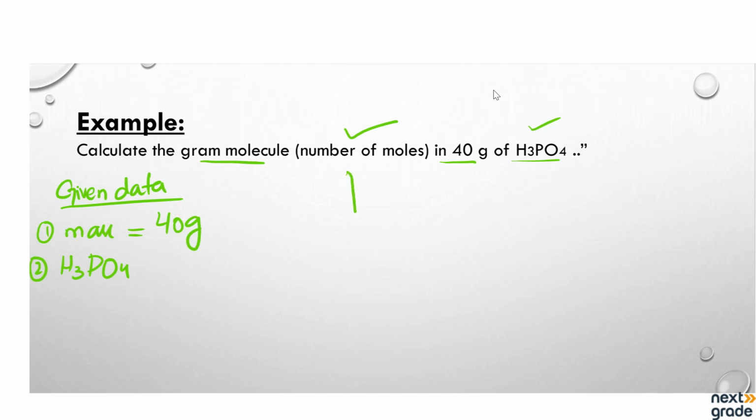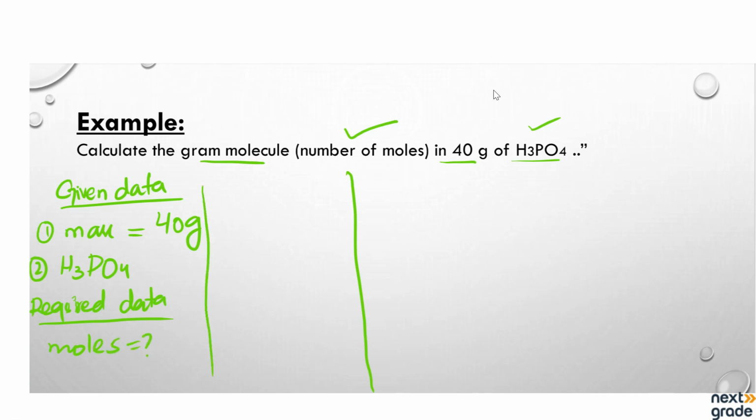अब इस पे हमारे पास एप्लीकेबल क्या होगा? उसके बाद आप लोग रिक्वायर्ड डाटा लिख सकते हैं. रिक्वायरमेंट क्या है हमारे पास? Required data: we have number of moles. We need to find the number of moles. हम लोगों ने मोल्स फाइंड करना है तो मोल्स का फॉर्मूला हमारे पास होना चाहिए. Moles is equal to mass of substance in grams divided by molar mass. Mass in gram हमारे पास है, but we don't have molar mass, so first of all we will find the molar mass